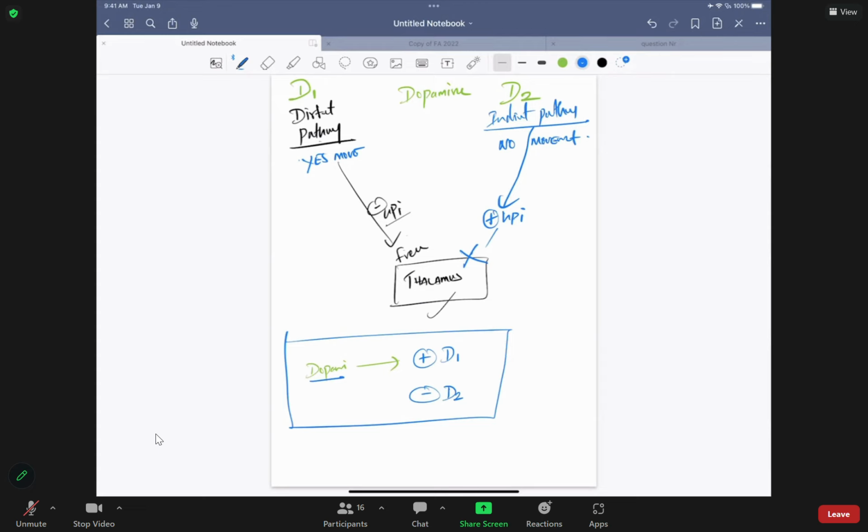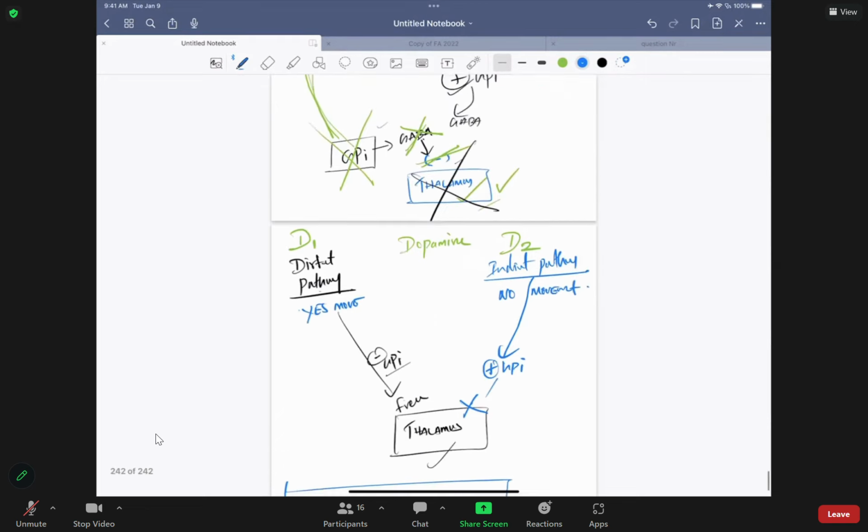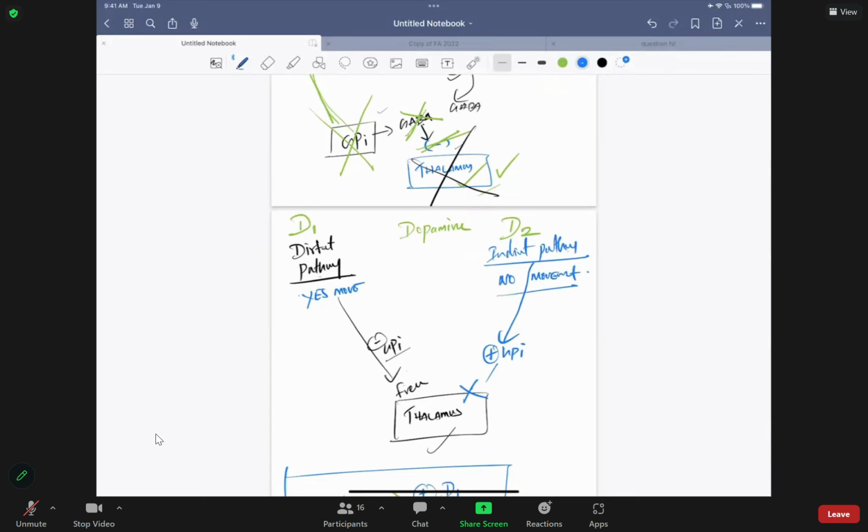Right. So you're saying dopamine is the one that basically stops the movement? No, I didn't say it's stopping the movement. Dopamine binds to D1. That means it makes the move. And in order to make a move, you shouldn't stimulate the indirect pathway, because we said the indirect pathway stops the move, right? Yeah. That's what is caused by dopamine. Dopamine stimulates this pathway, inhibits this pathway.